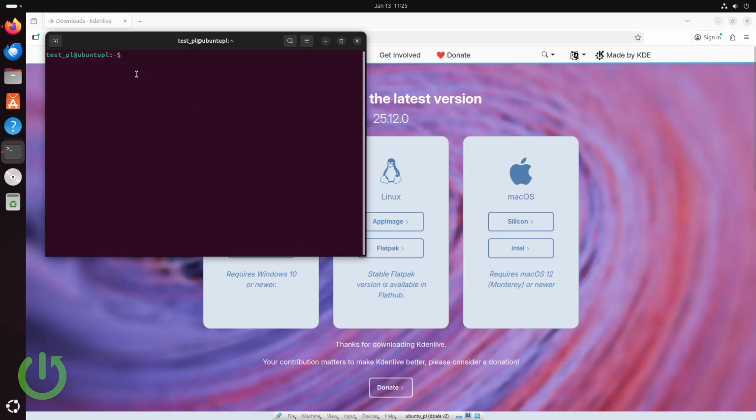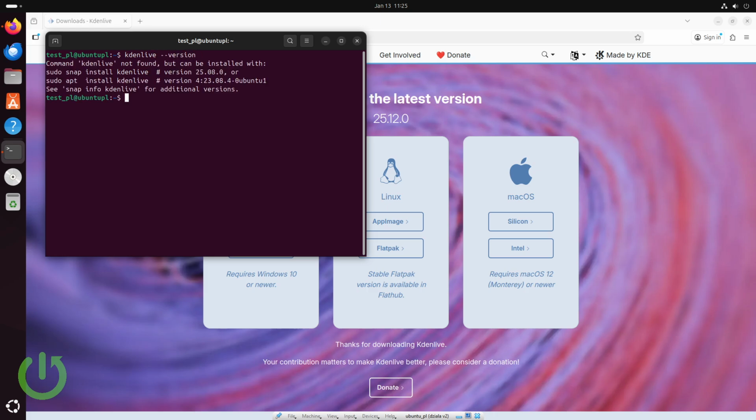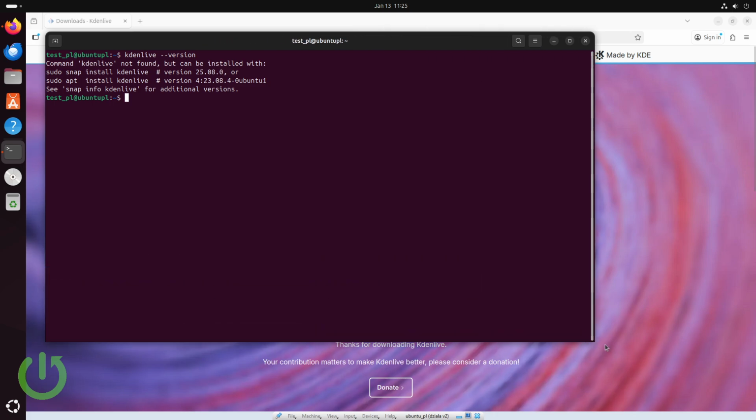because maybe at the beginning I will show you how to check if your Kdenlive is installed. You can check it by typing in kdenlive --version like this. As you can see, for me it is not installed, and right now